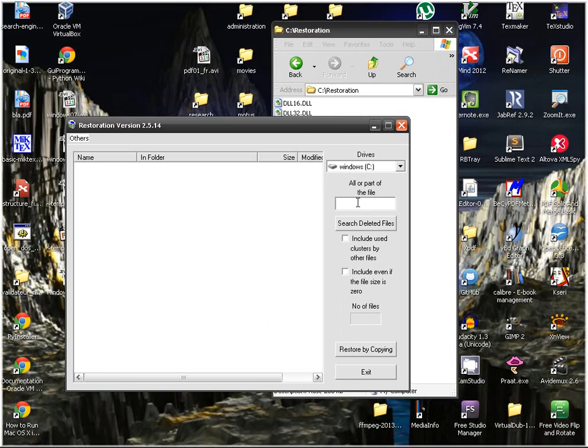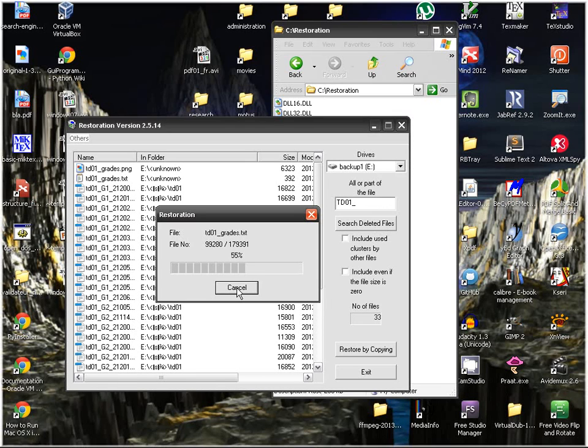So I want to restore a file that started with td01 underscore something, and I know it used to be in the E partition. So search deleted files,